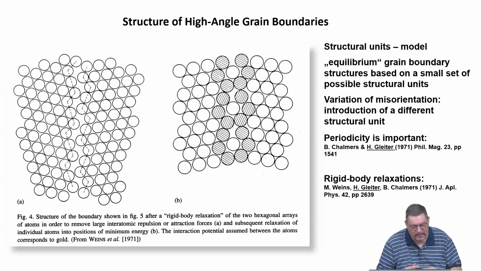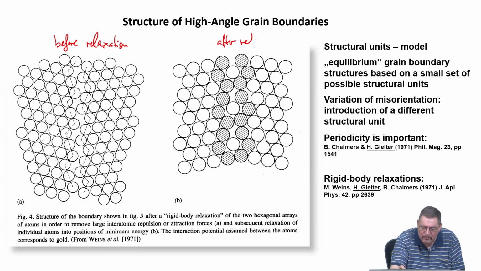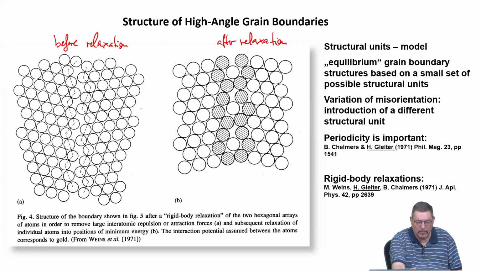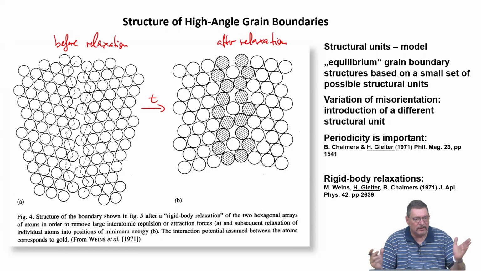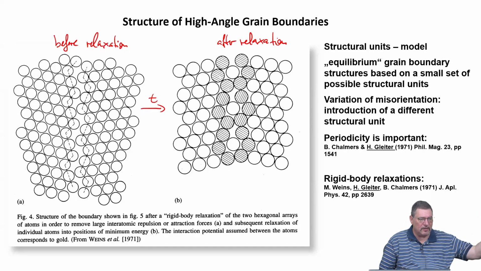So they were invented in the 1970s. And what you basically see is this, right? So this is before relaxation, and this is after relaxation. So it means just as a function of time, the structure would go from here to here. This is the initial cut. We just cut 2 crystals, bring them together. Then you see that all these positions are kind of defined with respect to the crystal they are adhering to, but the boundary itself is much too disordered, much too high excess volume values associated with it.